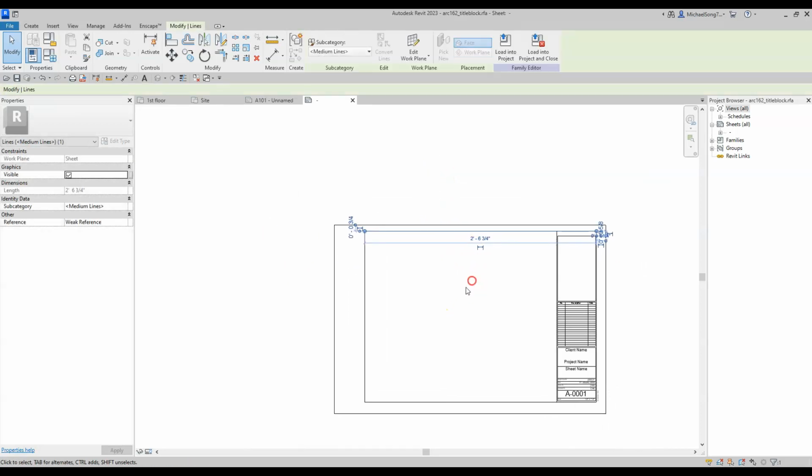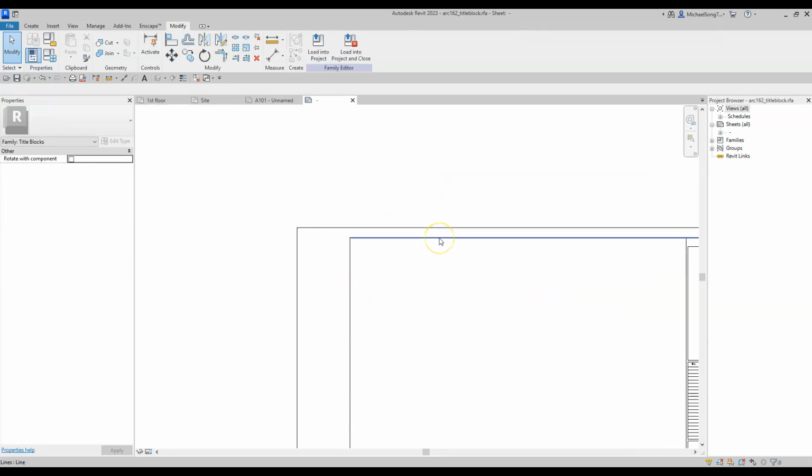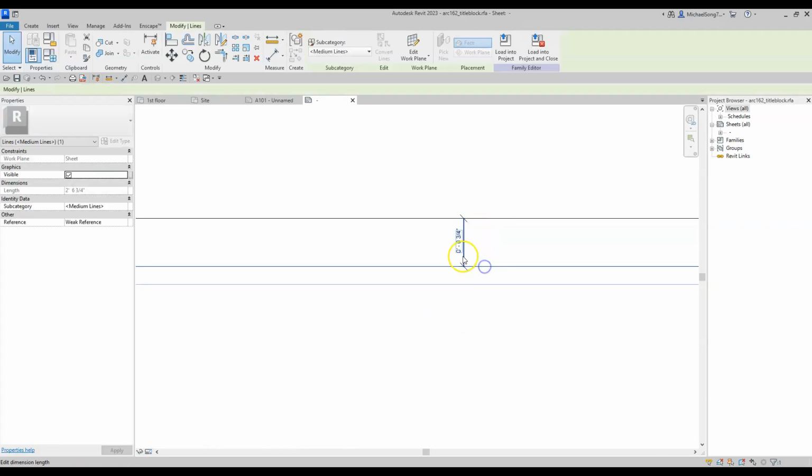So it's really your choice how much of a margin you want, but in general, like a 3/8 of an inch is more than enough here. So I'm going to come in here and